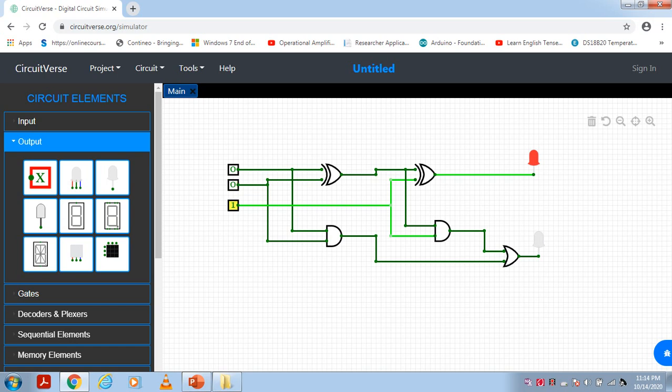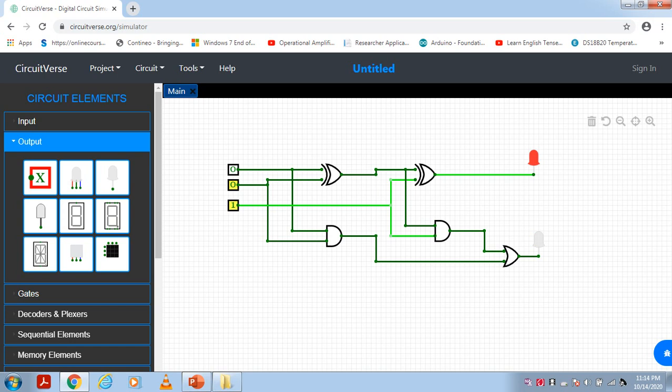Next, 2 means the input is 0, 1, 0. For 0, 1, 0, sum is 1 and carry is 0. Next one is the input of 0, 1, 1 combination, sum is 0 and carry is 1.